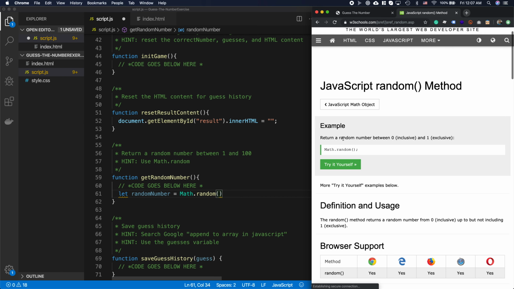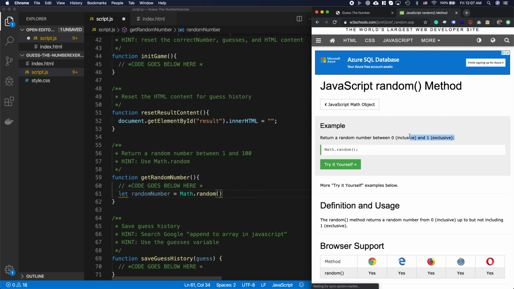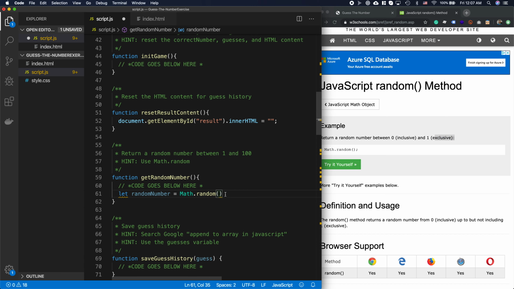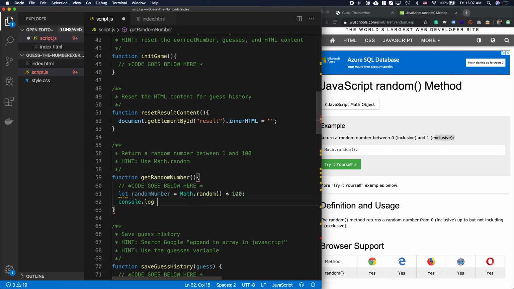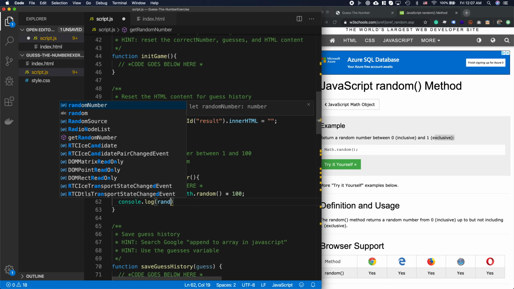And you can see this really generates a number between 0 inclusive and 1 exclusive. When I say exclusive, that means it will never be 1. It will always be like 0.99999 if that's the case, okay? Now, if we generate this, it's going to give us between 0 and 1. So this doesn't really help us. But what we can do is multiply by 100, okay? If you multiply this by 100, right, and you console log it, console.log random number,